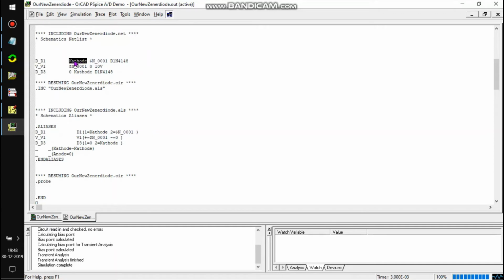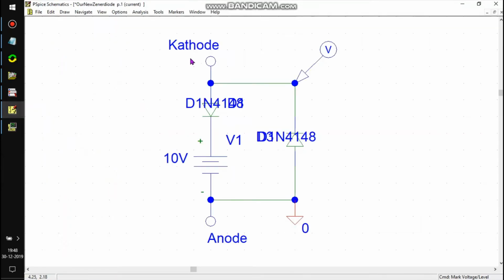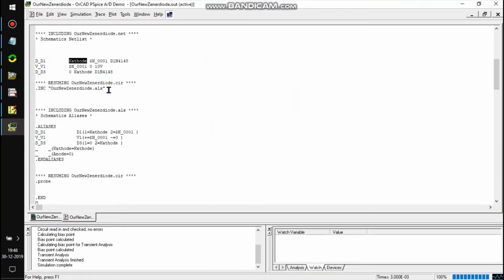This is not anode because I have changed this node name, but if you have a diode, normally this is the anode and this is the cathode. You have a voltage source.